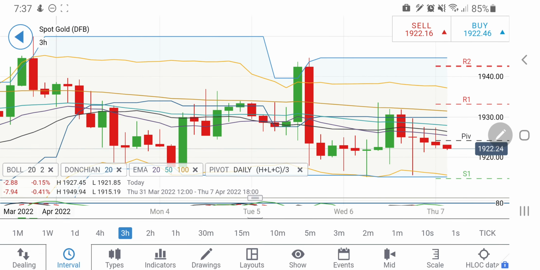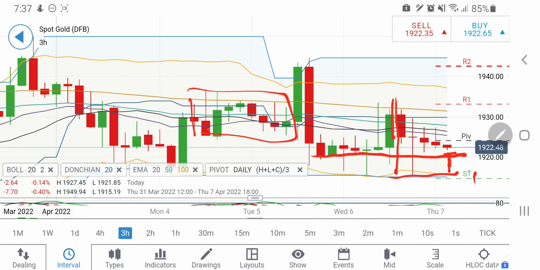Look at the 3-hour charts. On the 3-hour charts also, it is trying to form this symmetry, probably taking the support at 1920, or it may try to go back towards 1915, and from there we will see how it behaves. Right now this is the consolidation zone: a rise and a sharp drop, consolidation, a small rise and a small drop, and then it is trying to form this symmetry. So from 1915 levels, anyways beyond 1928 is a definitive long.